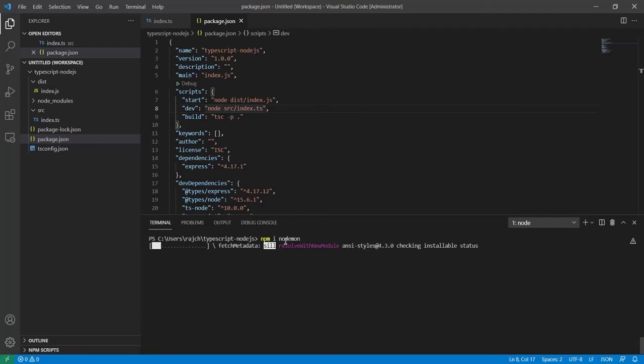You actually need not do that if you do not want to run your project using TypeScript, but if you want to run your project using TypeScript, then you should use this. And if I am installing nodemon, then I must use nodemon here.